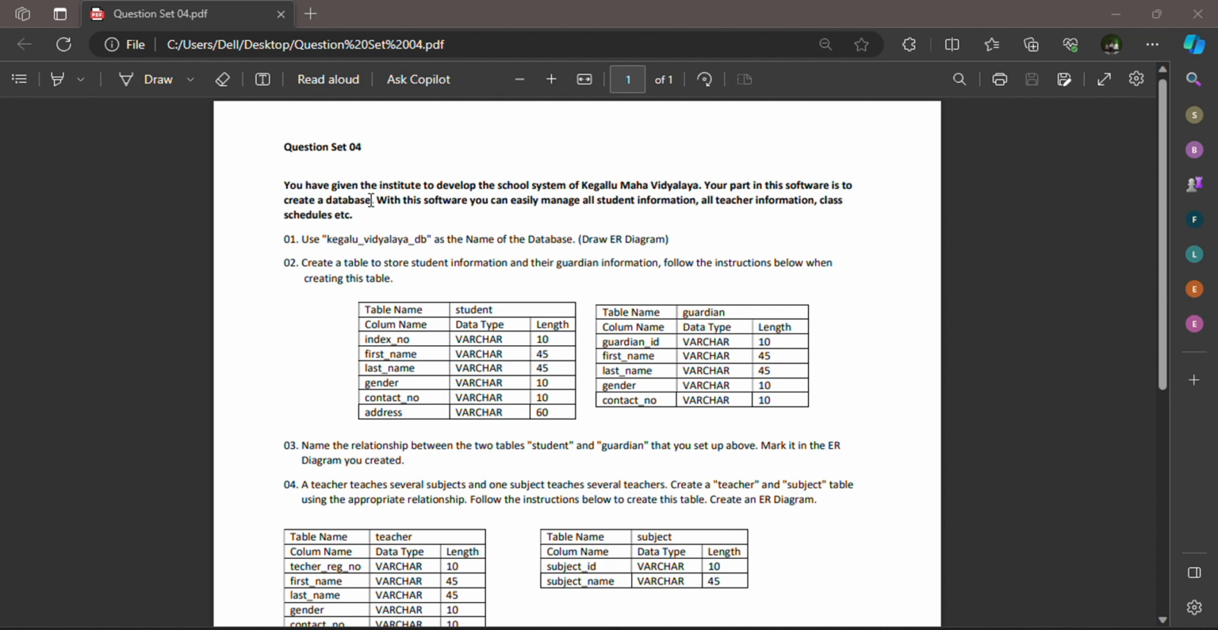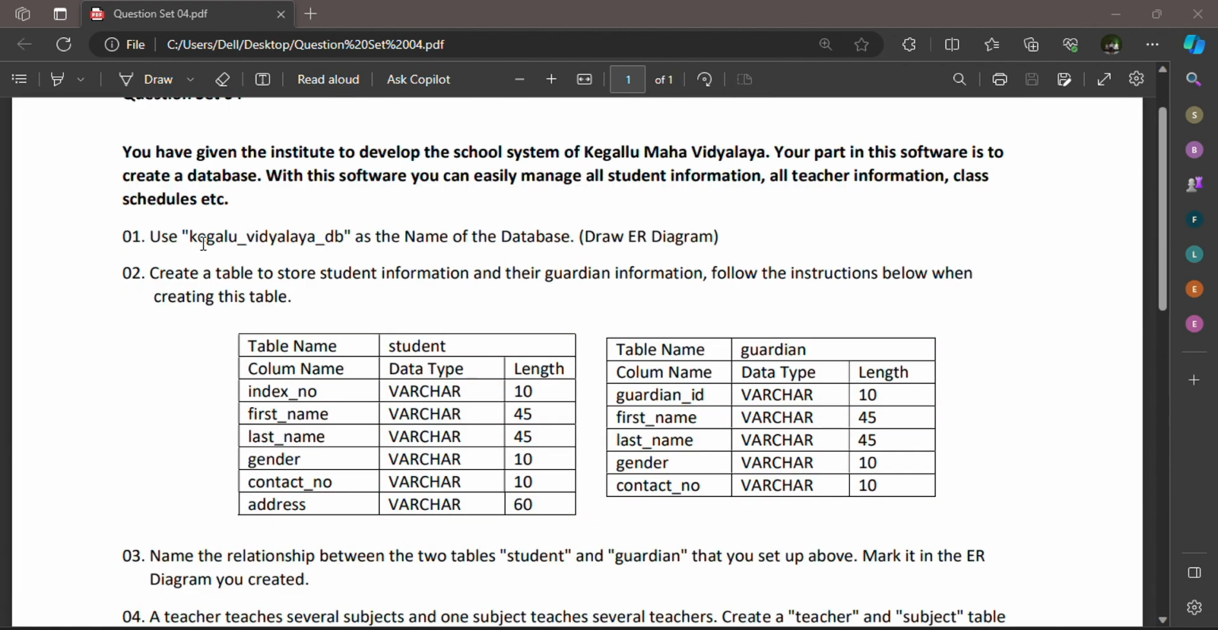So let's go to the first question. Here they have said to use Kegalu Vidyalaya DB as the name of the database and draw an ER diagram. So they have said to create a database called Kegalu Vidyalaya DB according to ER diagrams. For this, I will open software called MySQL Workbench,